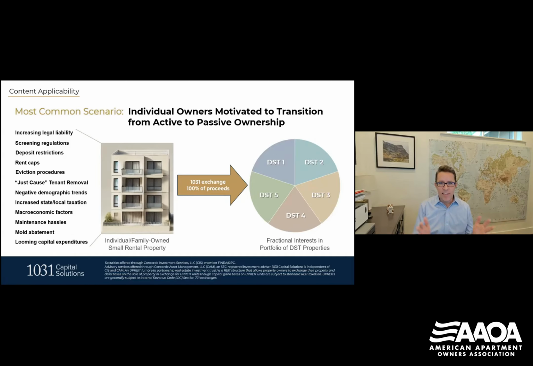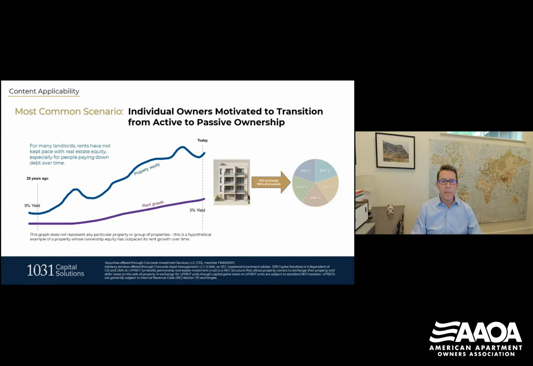The factors driving landlords to sell their rental properties, particularly owners of residential rentals and members of AOA, include increasing legal liability, screening regulations, security deposit restrictions, annual caps on rents, eviction procedures, just cause tenant removal restrictions, negative demographic trends, increased state and local taxation, other macroeconomic factors, maintenance hassles, mold abatement, and looming capital expenditures like an upcoming roof replacement, for example. Again, for most of our clients, and likely most of you on this webinar, whatever they are selling is probably the last rental property that they ever want to self-operate. Based on these motives, our clients in this category will reinvest their entire proceeds into passive replacement programs. However,